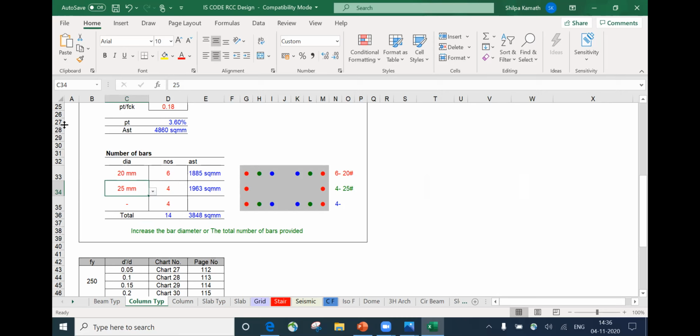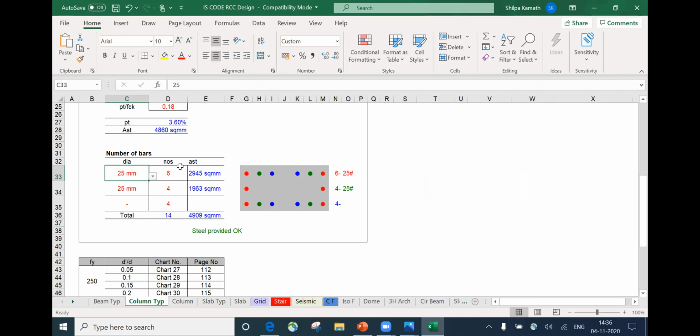So I have two options. Either I'll try to increase the diameter again here. So now it is okay, fine. I'm using 25 diameter 6 bars and 25 diameter 4 bars. That means I'm using 25 diameter 10 number of bars, 6 plus 4 is 10. We are going to make use of only one diameter, 25, 25. Now the steel provided is okay, because 4860 is what I require, and I'm providing 4909, where I'm safer than that. It's one way of doing it, right?